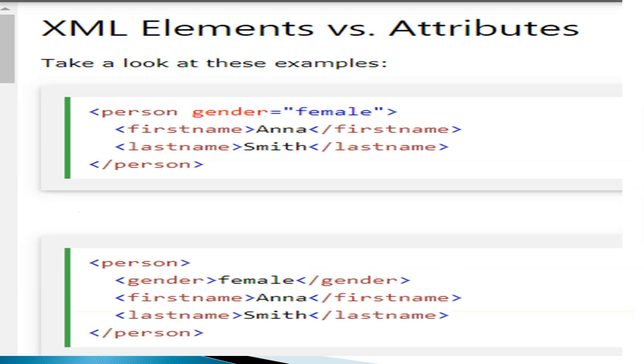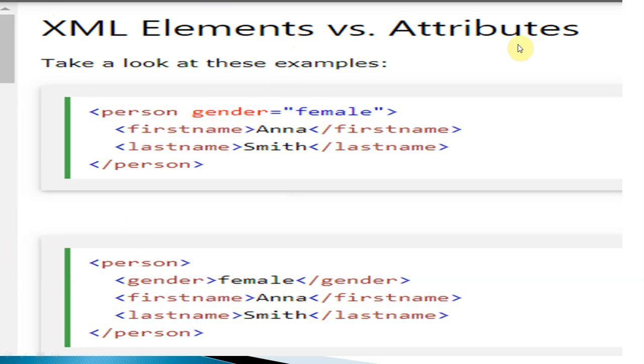And now you can see also this one, where we have used the attribute as well as element. So gender is the attribute, and first name is the element, last name is the element. First name is closed here, last name is closed here, person is started from here, and person is closed here. And gender is an attribute, not element. But in the second part of the program, we are using gender as an element. We are not using it as an attribute. So this is optional, and this is an alternate of this code. And you can write gender as an attribute as well as an element.